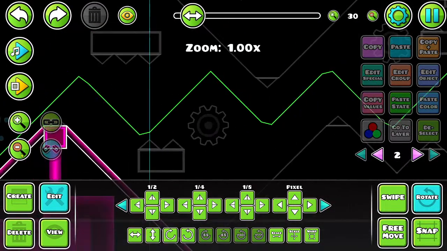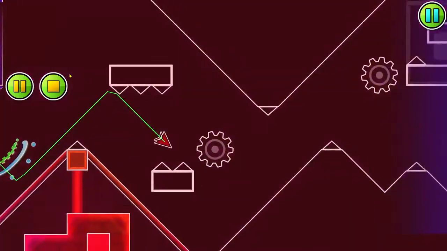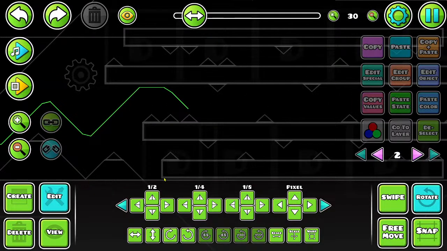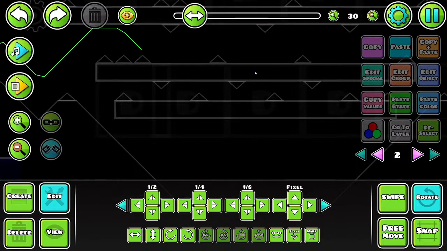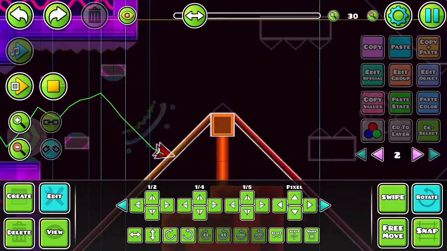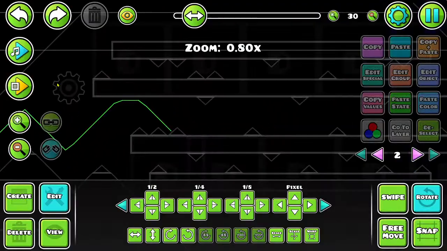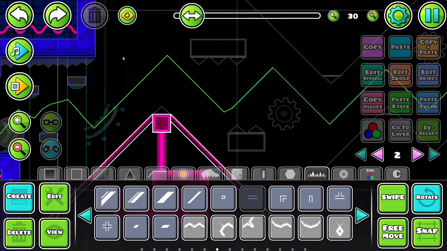Now, the second part of this is these blocks. These are supposed to be like random block design. Solo, what do you think about the idea of making them flash like crazy when you hit them? You mean for the D block section? Yeah. I mean, that could be cool as long as it's not terrible to look at. Yeah. Should I do that first? Yeah, I'll do that first, and then I'll move on to the